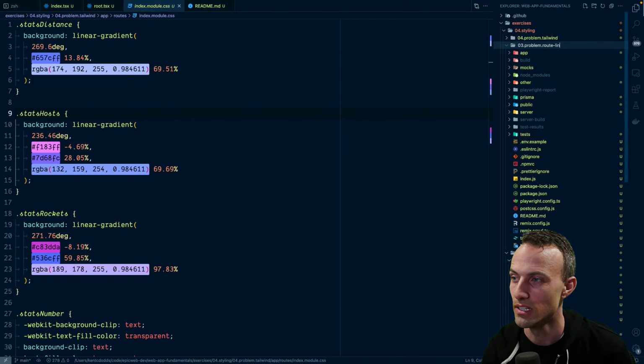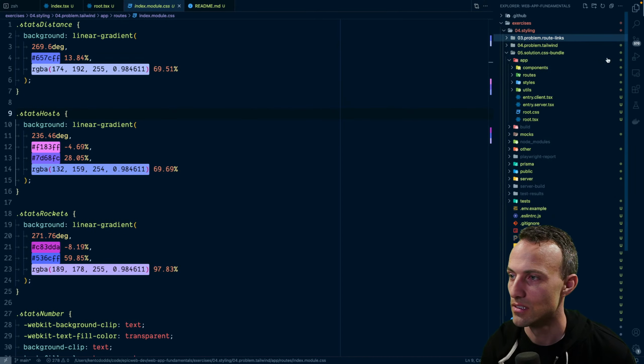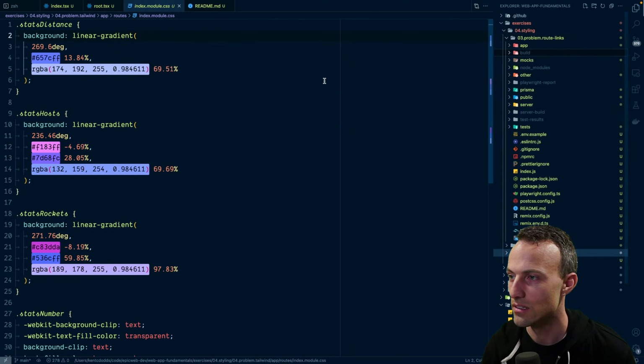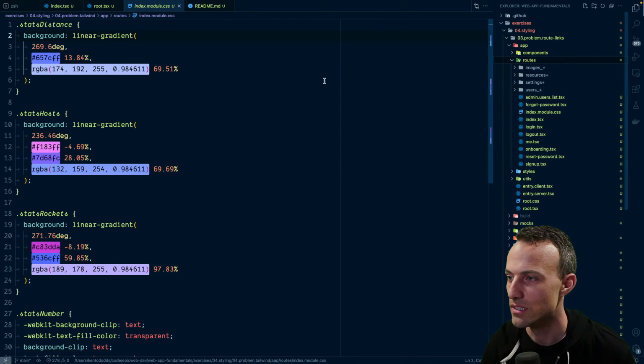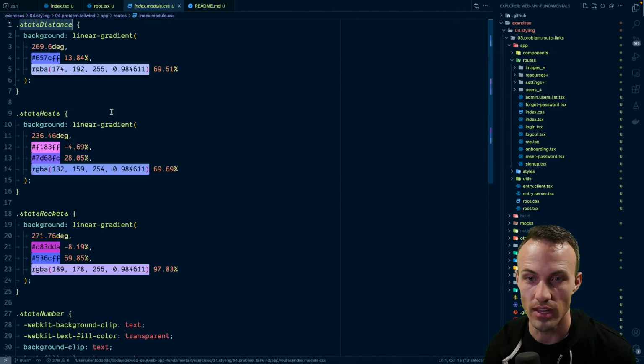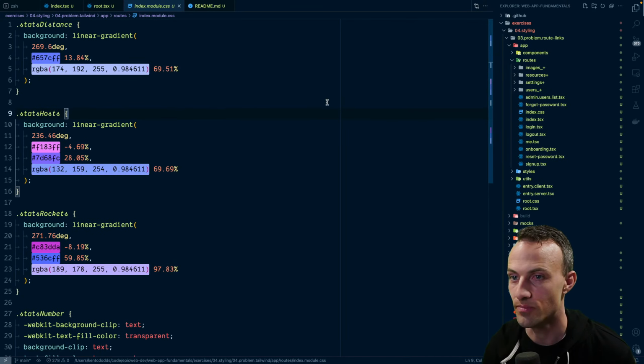Route links. There we go. Okay, so the way I want this to look when we're all done is routes this index. It's just index.css. And yeah, we can leave that actually as it is, which is awesome.